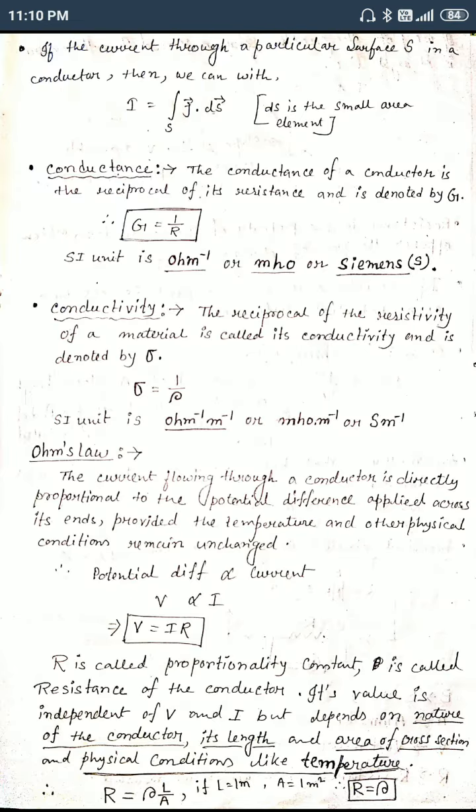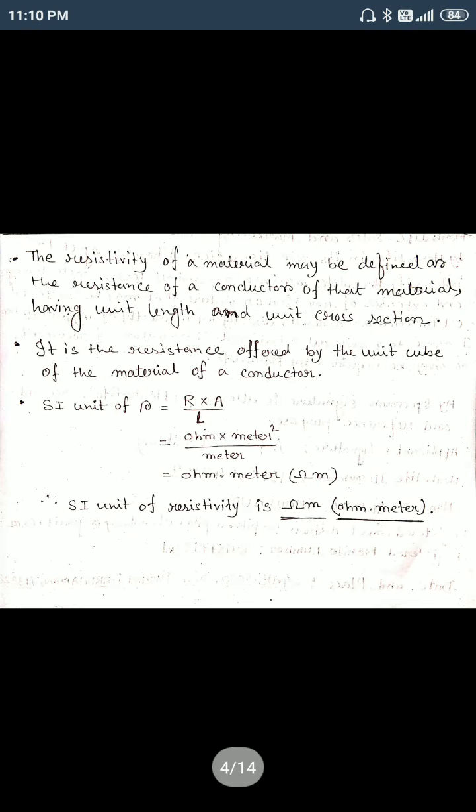It is practically proved that for metals and alloys, the range of resistivity is 10 to the power minus 8 ohm meter to 10 to the power minus 6 ohm meter. So metals and alloys, mainly metals, have very low resistivity. But for insulators, the range is 10 to the power 12 to 10 to the power 17 ohm meter, which is high resistivity. That's why no charges flow through an insulator.